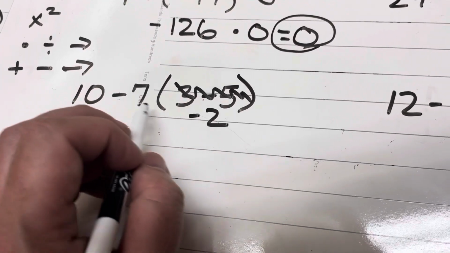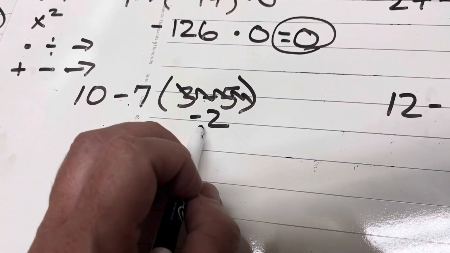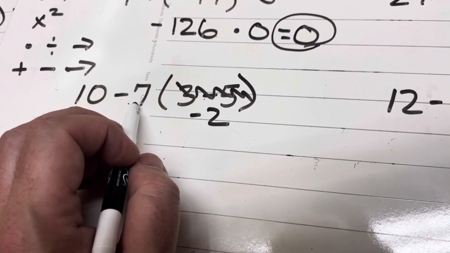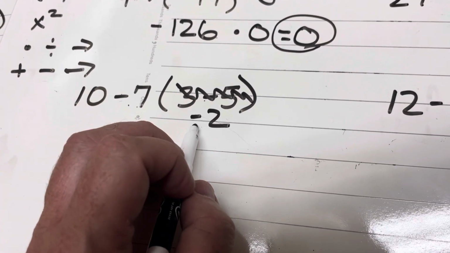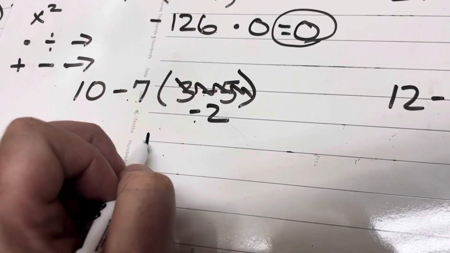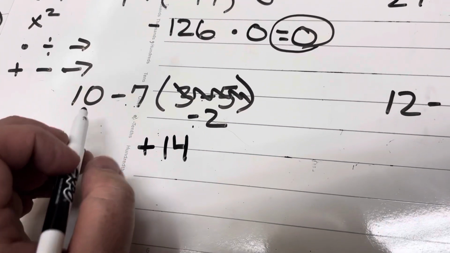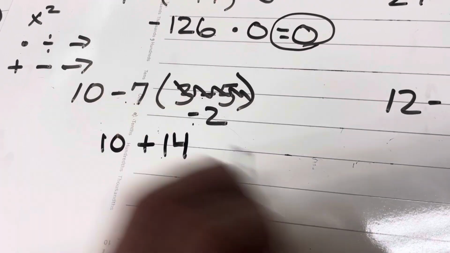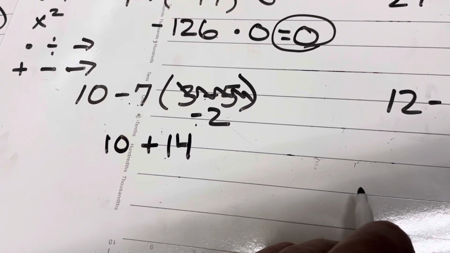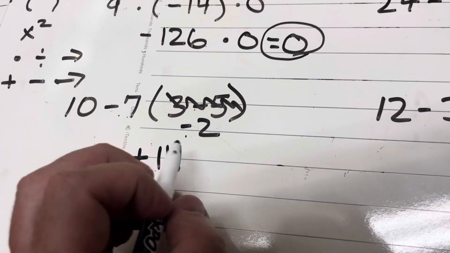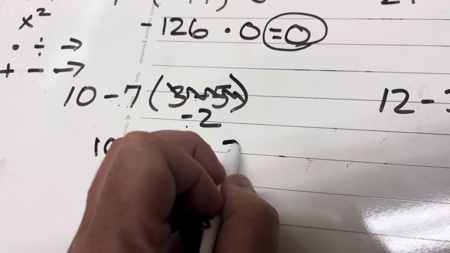I can think of this as multiplying a negative 7 and a negative 2. When I take negative 7 and multiply it by negative 2, that gives me a positive 14. Well, I still have my 10 here. So I do 10 plus 14, and 10 plus 14 equals